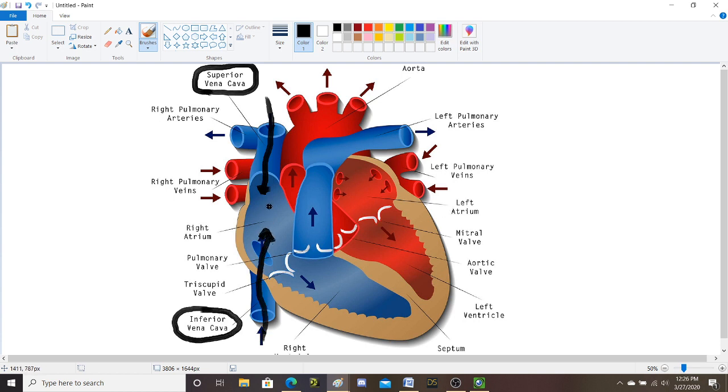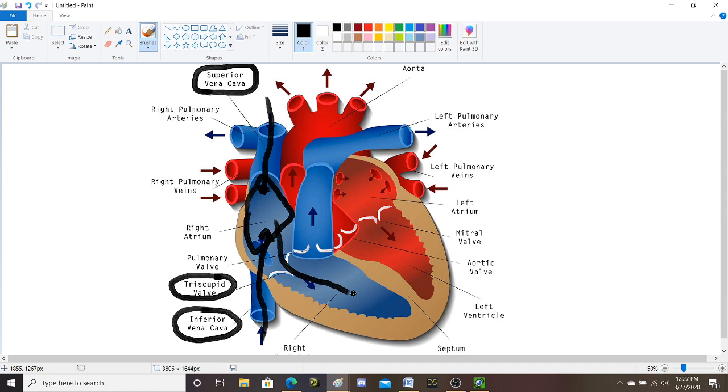Blood's going to move into the right atrium. All right? The right atrium is going to contract, pump blood through this tricuspid valve into the right